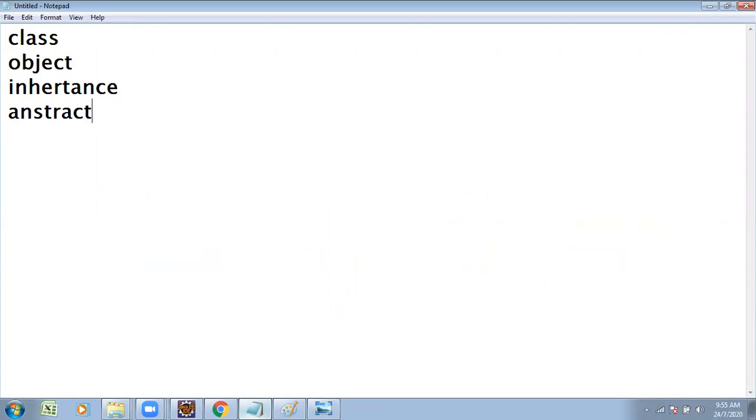One more related thing is interface, because multiple inheritance is not supported, that's why we use the interface concept. Apart from this, there are two more things: encapsulation as well as polymorphism. Tomorrow's session, I will discuss these two things. Up to this one, Abhijit, clear with you?